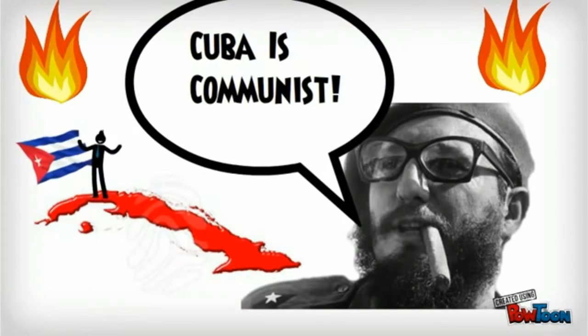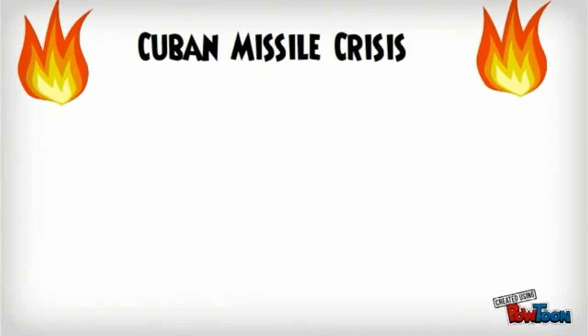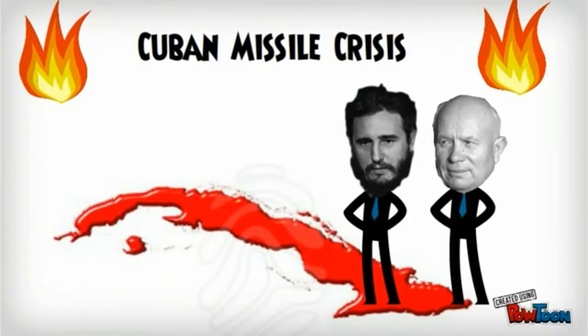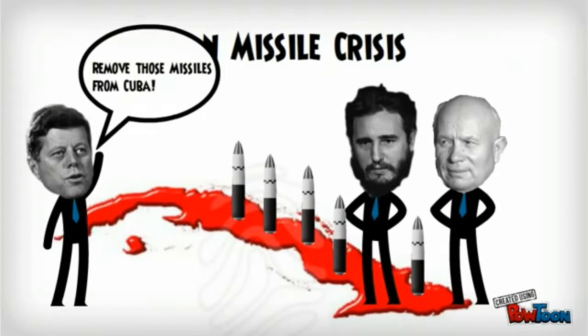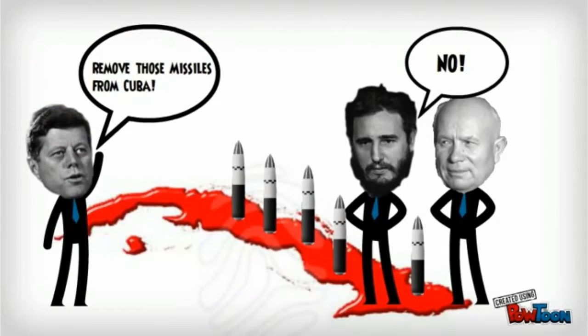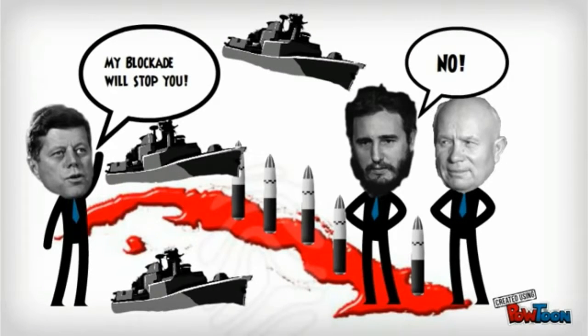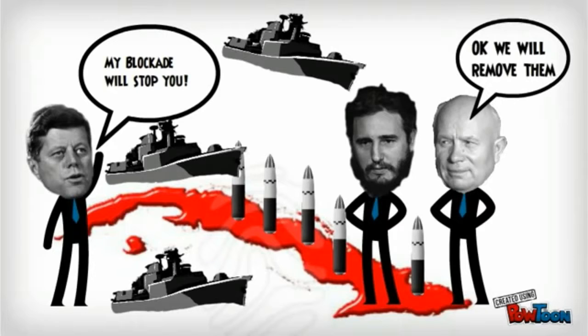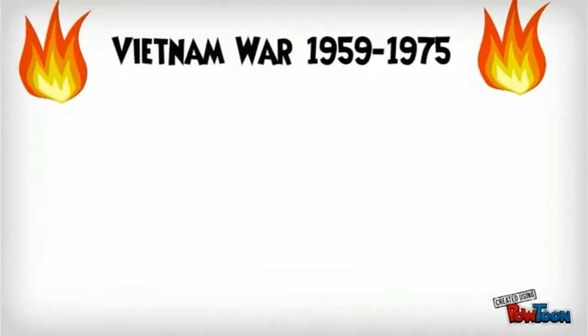In 1960, the island of Cuba became a communist nation just 90 miles off the coast of Florida. This put communism in the United States' backyard and gave the Soviet Union a friend on our half of the world. But probably the most dangerous event of the Cold War was the Cuban Missile Crisis, where in 1962 the United States and the Soviet Union stared down face to face over the installation of Soviet missiles in Cuba and became extremely close to World War III. But the Russians eventually backed out and removed the missiles.